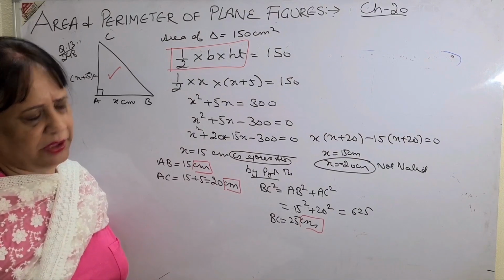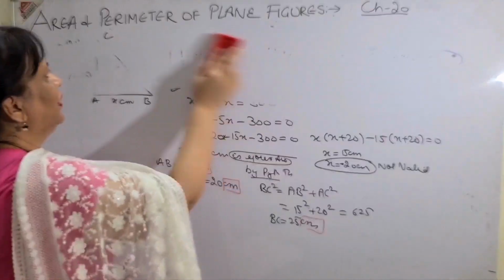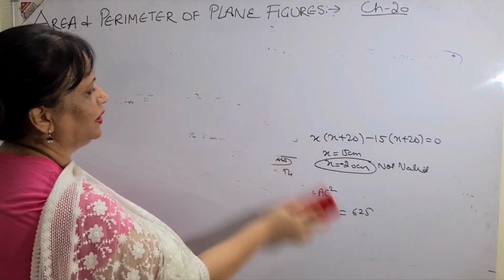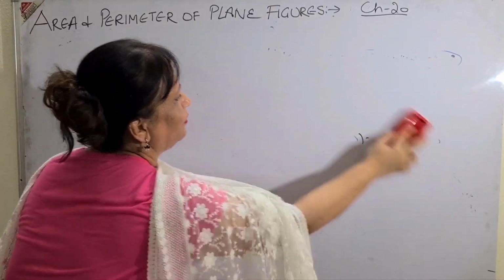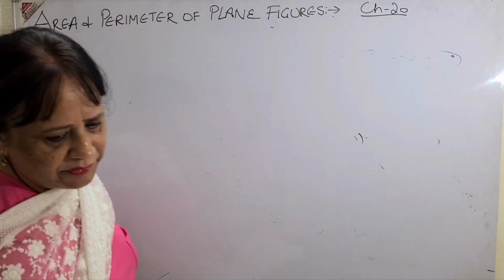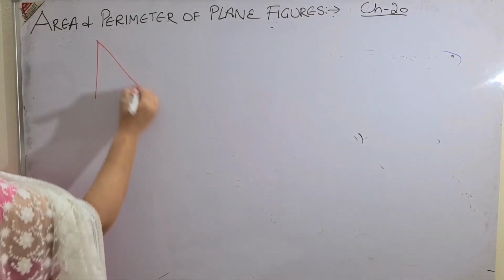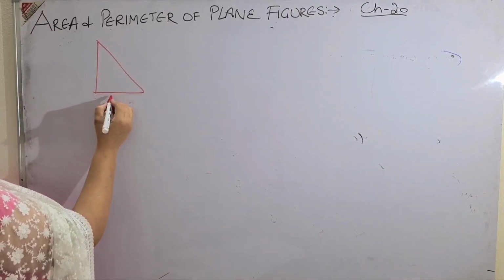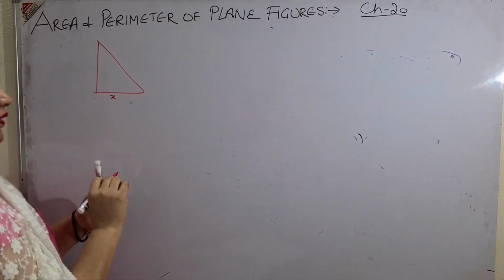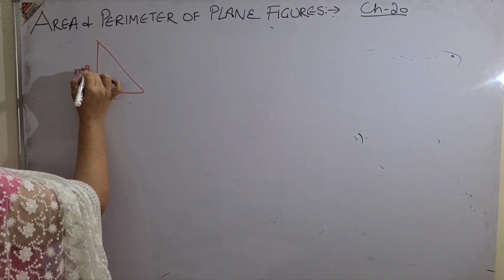14th, I will just give you the hint. Same sum, but in the form of a language. Question 13, 14 means the same sum. I will give you a little hint so that you can calculate it. Question 14 is if the difference between the sides of right angle triangle. So again a right angle triangle, he says the difference is x. If the difference is 3 centimeter, if one side is x, next you will take is x plus 3.